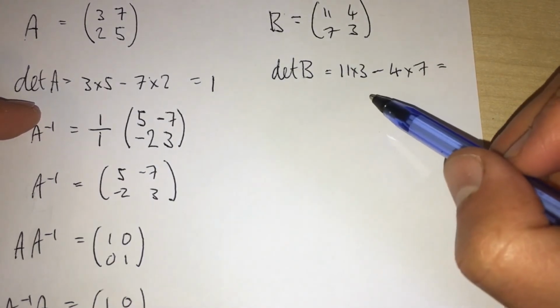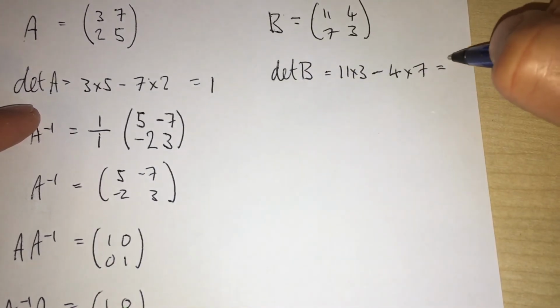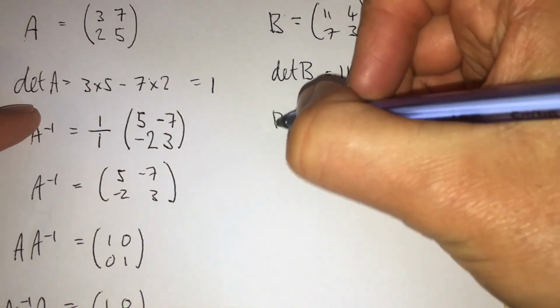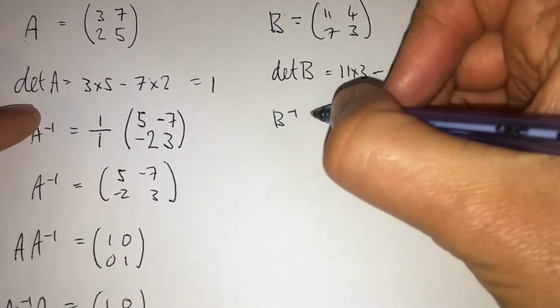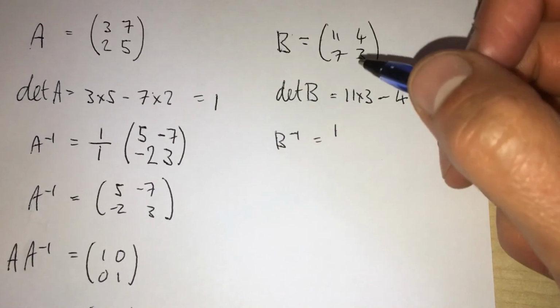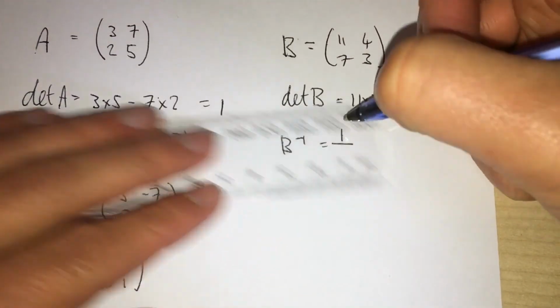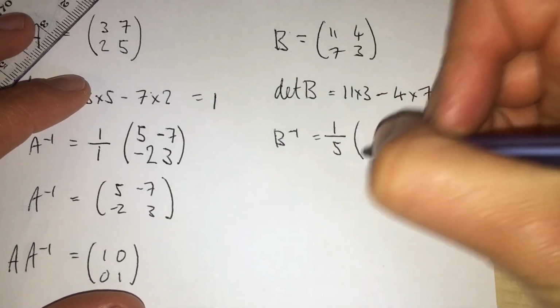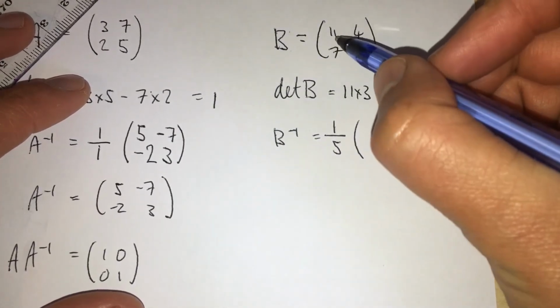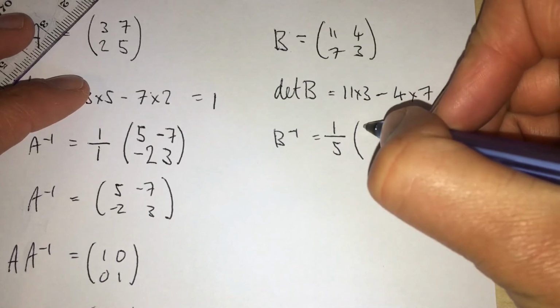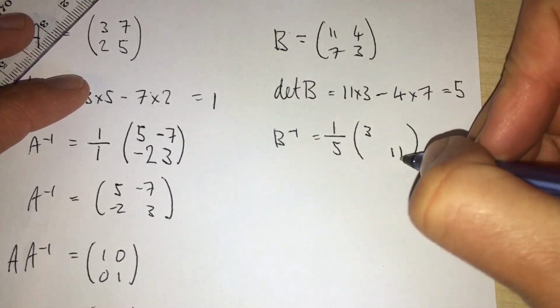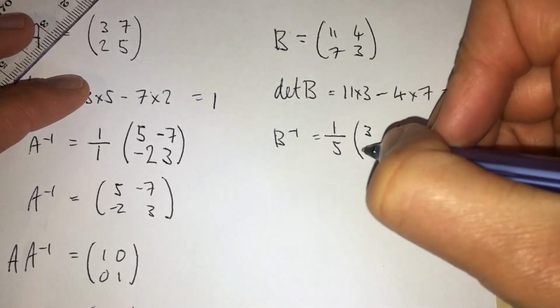So we have 33 take away 28, that gives us 5. And then the inverse of matrix B equals 1 over the determinant of B, which is 1 over 5. And then we put in the matrix, we interchange A and D, so we have 3 in this position and 11 here, and we have a minus B and a minus